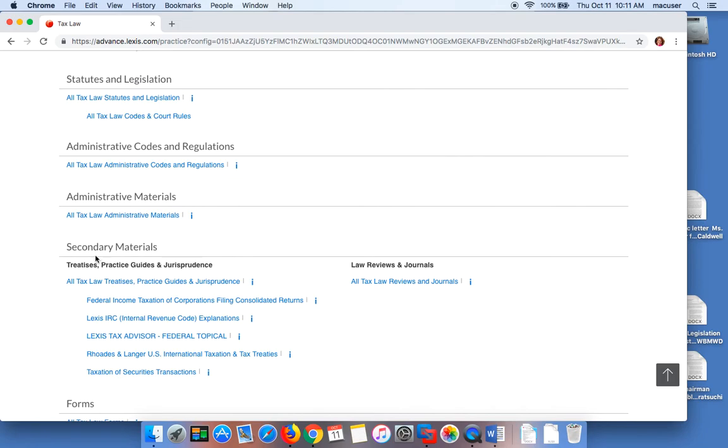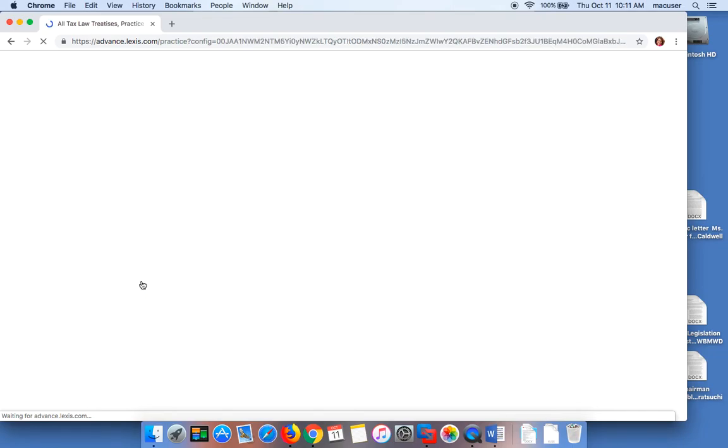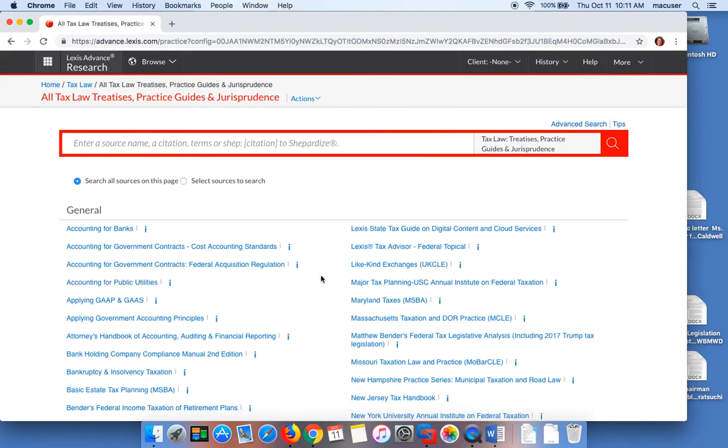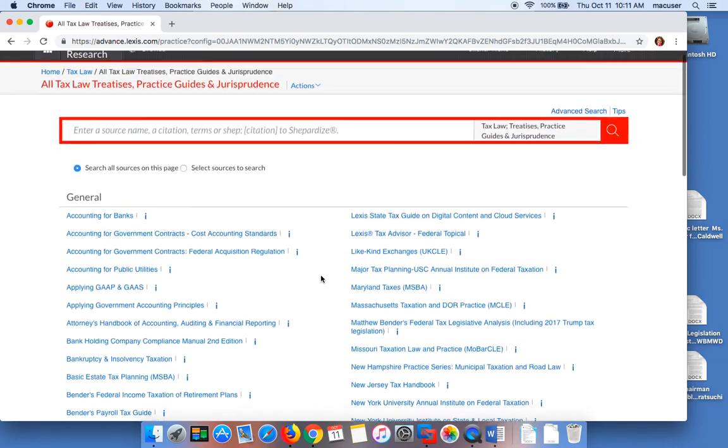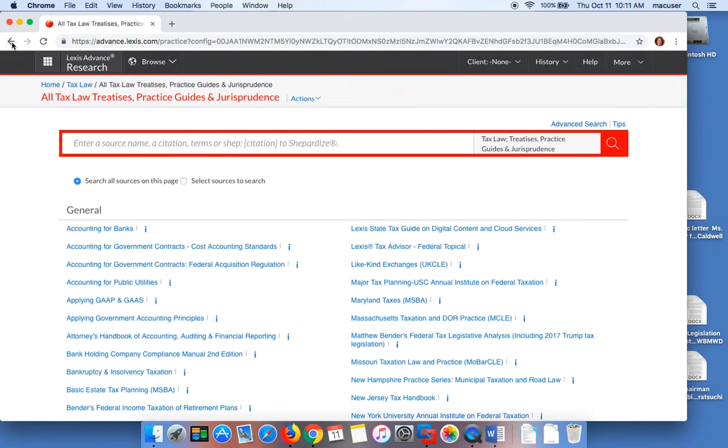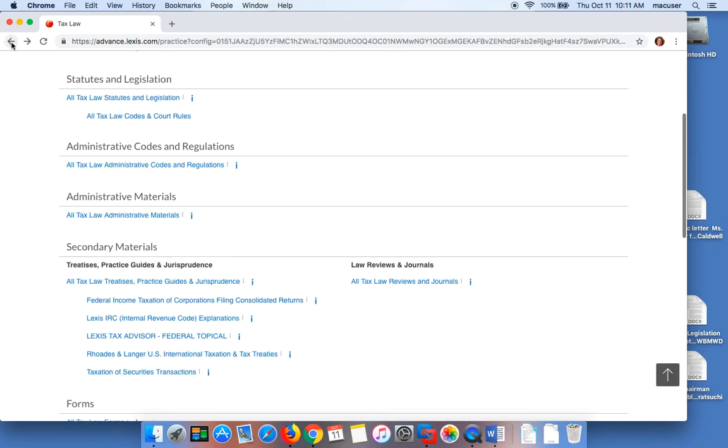Secondary materials are your treatises and jurisprudence. They're located here. You'll see that we've already gone ahead and given you the most used text resources on this main screen, so you can link right out to them. But if you want to take a look at all of the tax law treatises that we have, you can just click this top link and go through the list on your own and select a source. If I come back to the screen we started on,